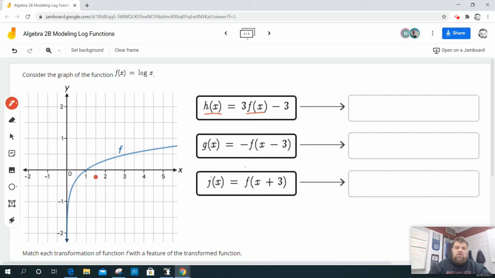So what you can do, there's no plus or minus inside the parentheses, so we're not shifting left or right. But we are multiplying the y value by 3, and we'll talk about that in a second. But this number outside of the parentheses, this is the vertical shift, and so it's going to go down 3, but we're multiplying by 3. So let me give you an example. So if I look right here,